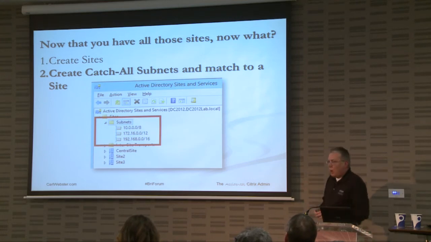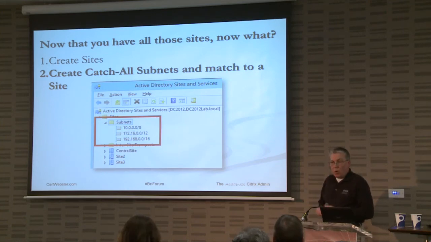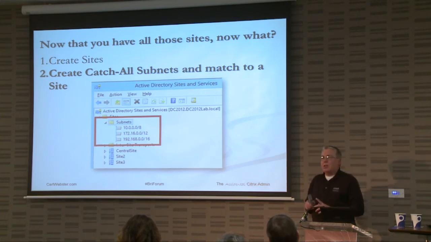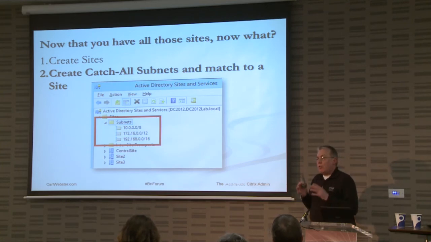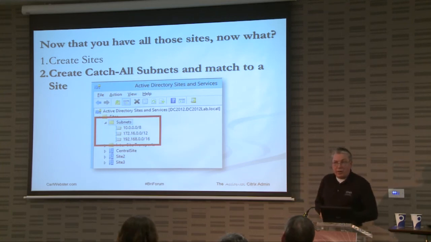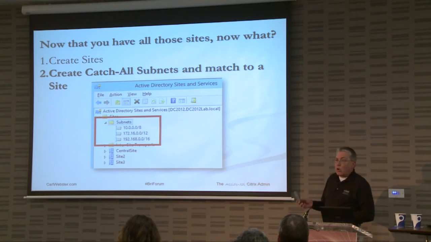Because then when all of a sudden they go out and buy a building and acquire the 4th floor, and now they're going to add a 10.4 to it, you're going to catch it, and it's going to go to the central site automatically. But then, being the diligent people that you should be in Active Directory, you're going to be looking in C:\Windows\debug\netlogon.log and going down to the bottom, and you're going to see all of a sudden you've got 10.4 IP addresses authenticating to your domain controllers,